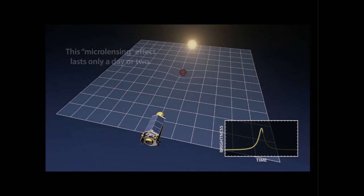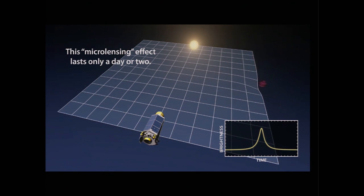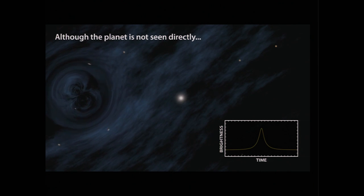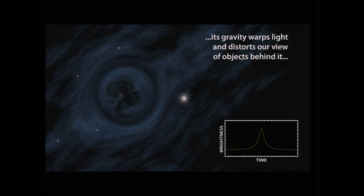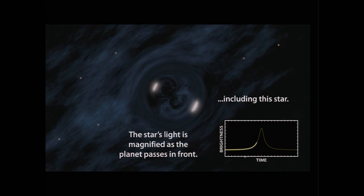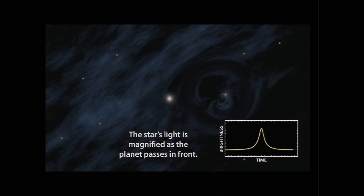So this is just the microlensing effect. This is the lens here, move across. This is the foreground star that you can't see, warping the light. And then you see this ring as it focuses the light towards you. And then when you add up all that light, you see this